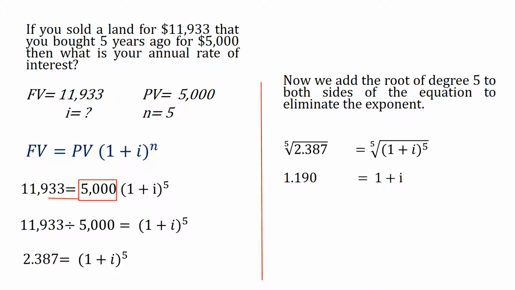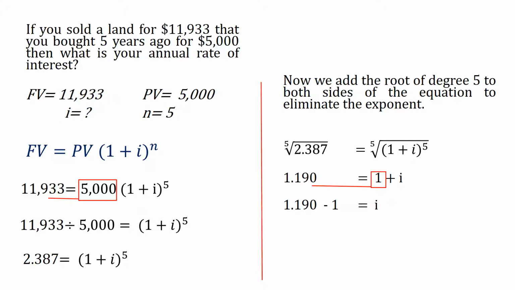Now we'll need to further simplify this equation, and I believe we can do this by moving the 1 on the right side of the equation to the left. But here you gotta be careful because there's a plus sign between 1 and i. So when I move it to the left of the equation, I will need to use the opposite of a plus, which is a minus. So then I will be left with